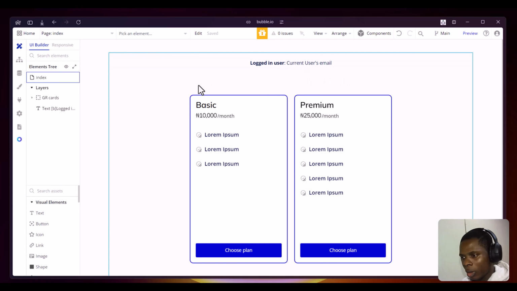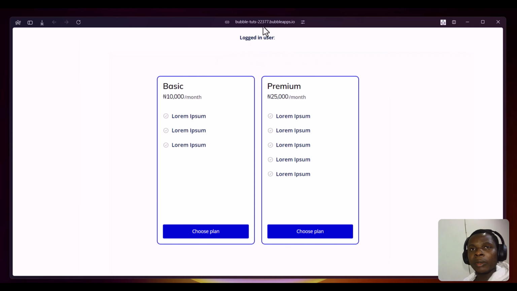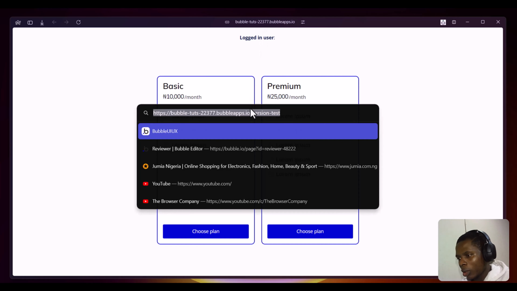But before we come to this, let's quickly do two things. You want to get a URL that a customer will be returned to when a payment is successful or when a payment fails. Okay, it's called return URL. So you want to get a particular page depending on the direction of your app, where the customer will be returned to. So in your case, it could be a thank you page or something like that. But we are just using this index page for that. I'll just click on that,